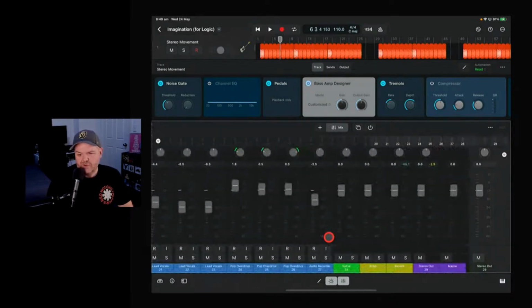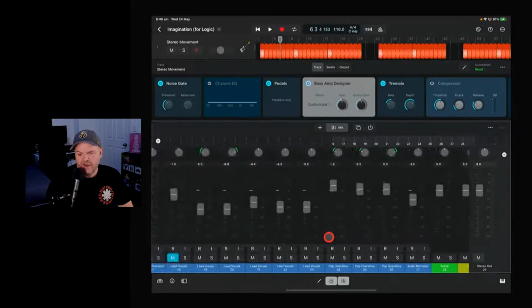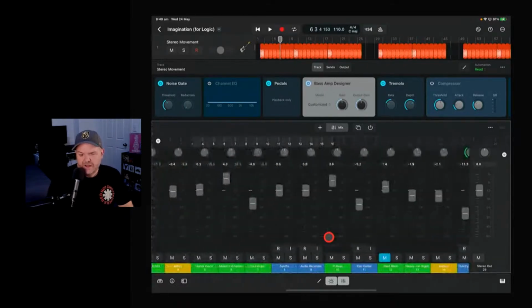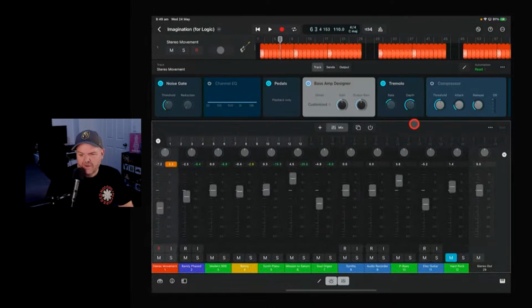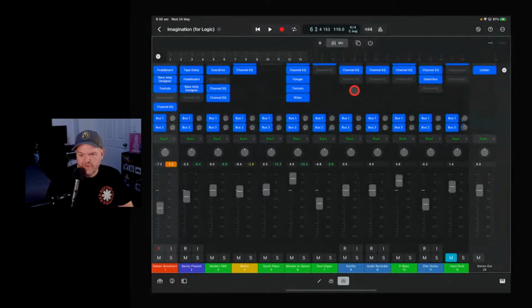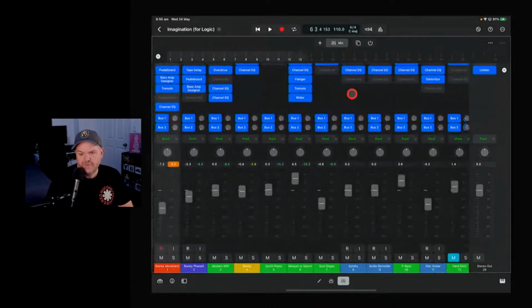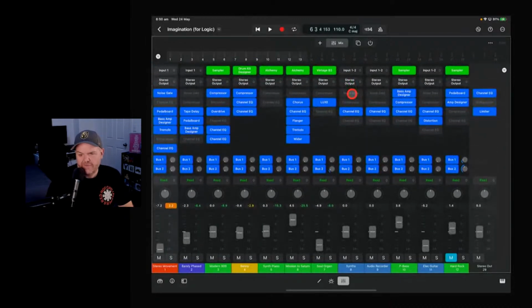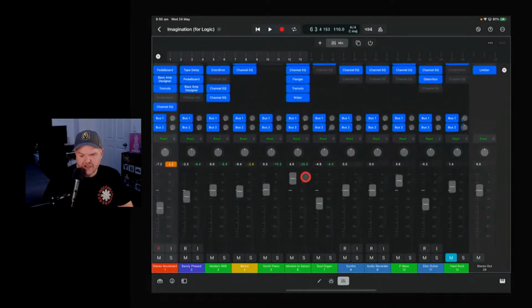You've got the ability to access all of your channels here in the mixer and see exactly what's going on. Again, you can bring that one up so that you've got visibility of all your plugins up the top there as well, which makes life even easier because you can quickly see what plugins you've got on which tracks. You can quickly solo and mute different tracks out here. And yeah, it's an amazing space to be able to do things.